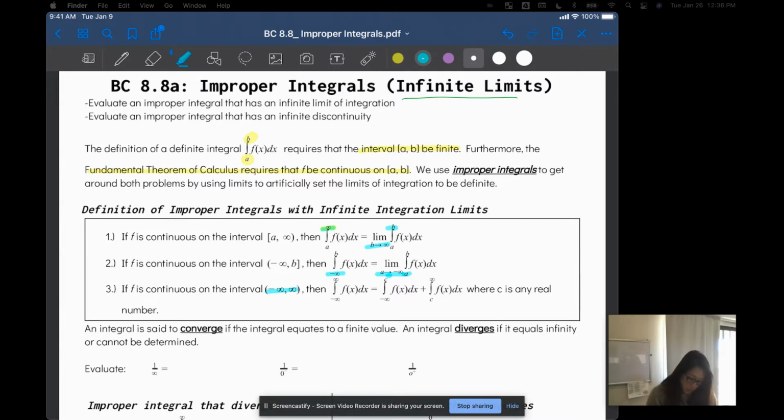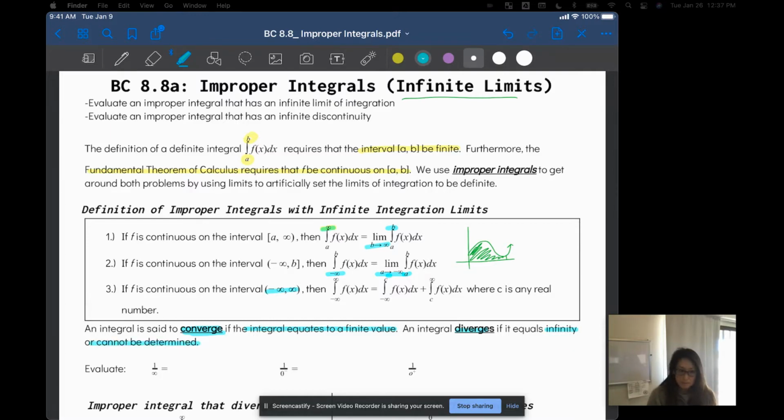What we're doing in these problems is figuring out if the area under the curve is finite, so it goes to a certain value, or if it's going to grow forever. The integral is said to converge if it evaluates to a finite value, so just a number,